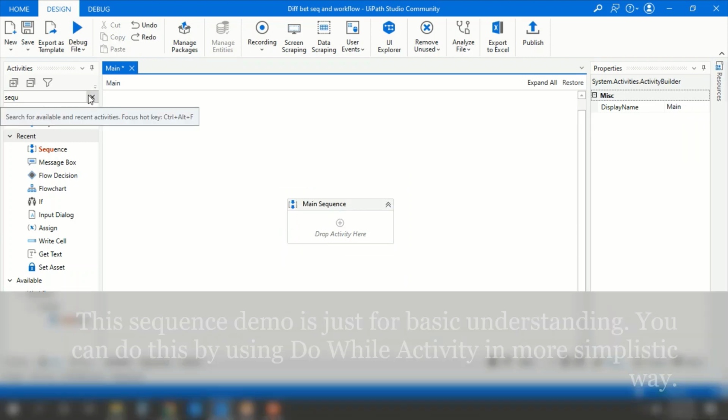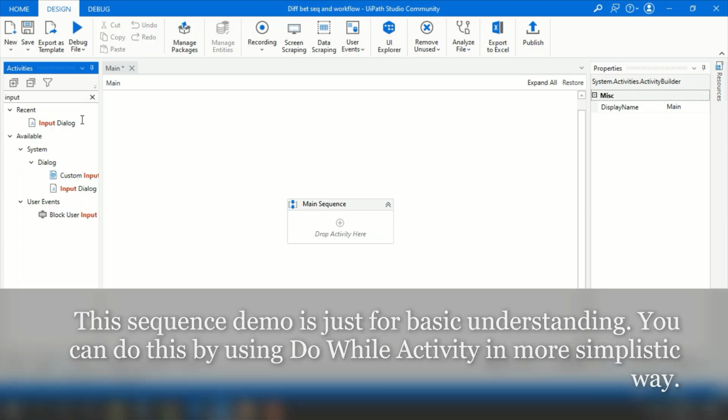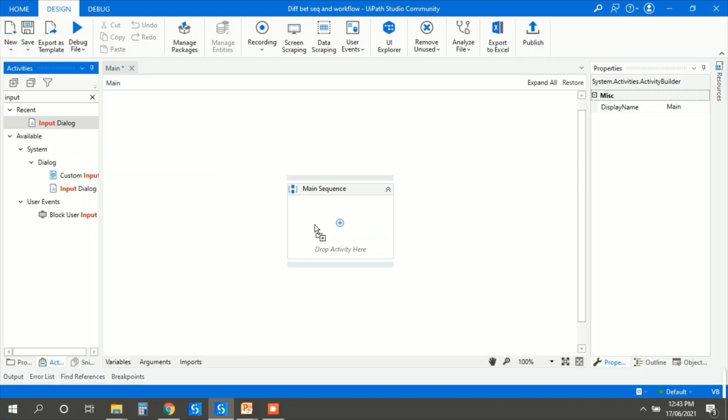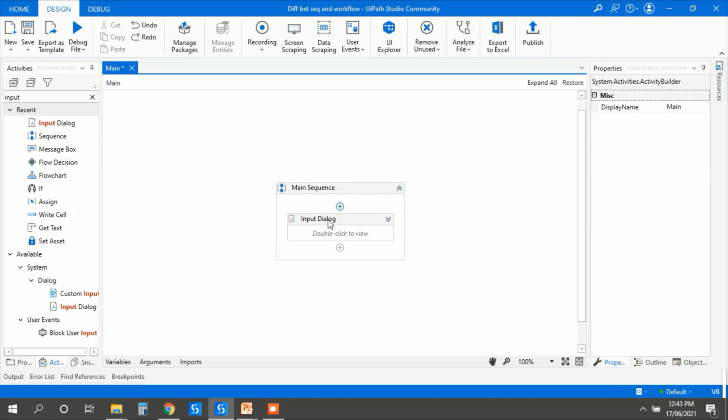Okay, I will show you the demo here. Just take input dialog, which is used to take the input from user, just like a scanner function. Here the title of the dialog I will keep it blank. Input label I will say please enter number. We have to take the number as input. The output I will say, just press Ctrl K, I will say num as output. So here number is saved under the variable num as given by user.